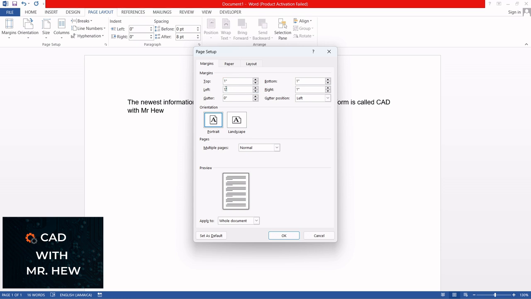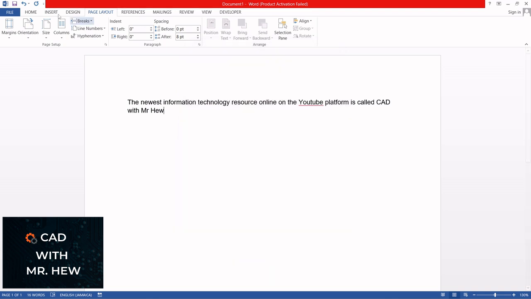These little two symbols indicate that it is inches, right? So you have 1 inch to the left, 1 inch to the right. So this is how you would change the margins to inches if your Page Setup dialog box was originally in centimeters, right? So if I want to go back and change it back to centimeters, I would come back again